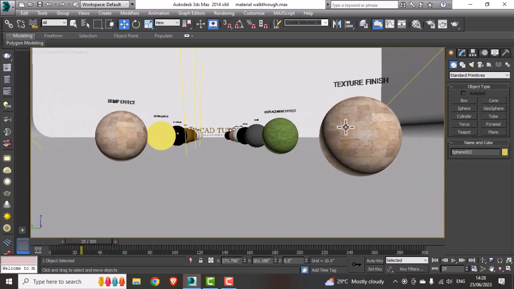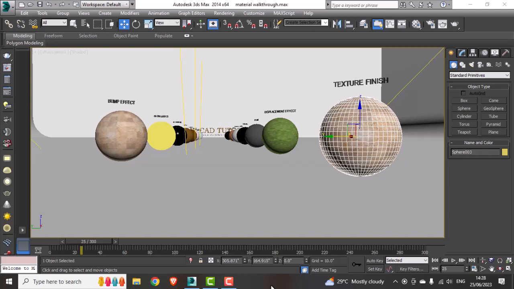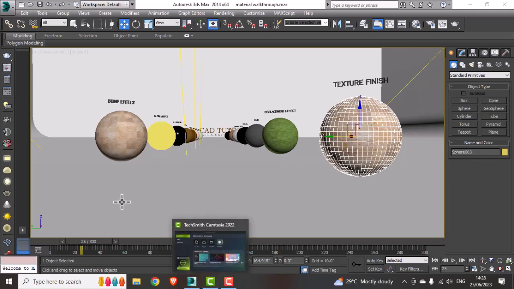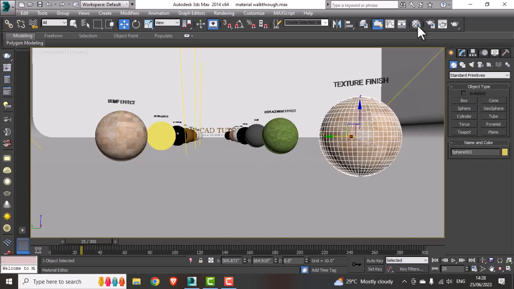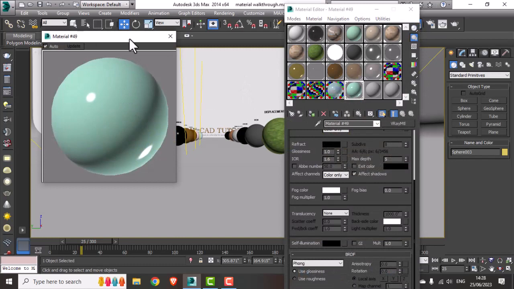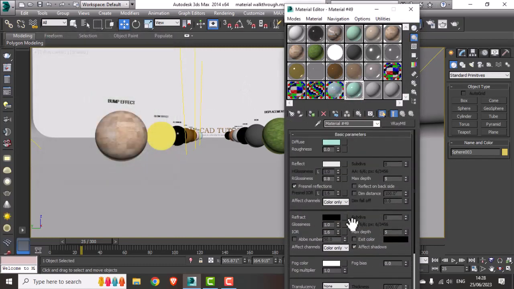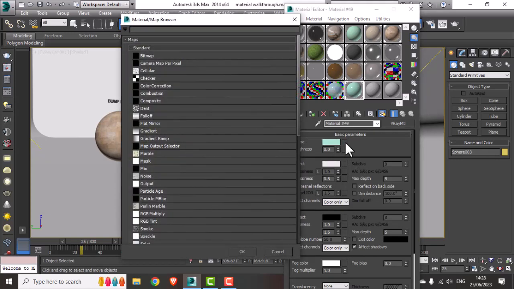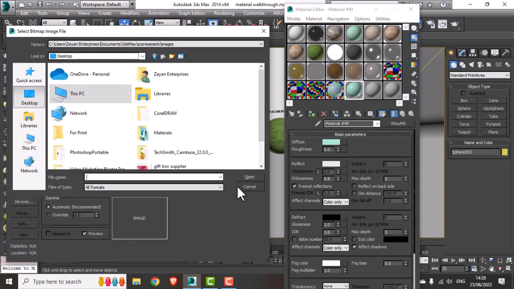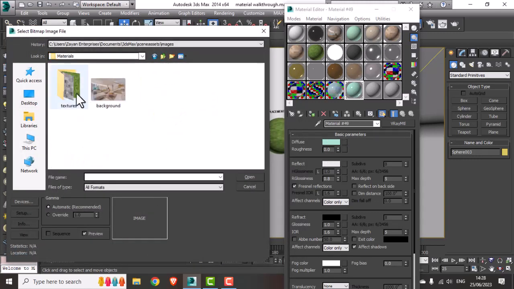The next, texture. What if you want to upload an image or a texture image to your object? It is about assigning a texture into your object. For that, go to the material editor. From diffuse, select the bitmap option using this box. Click on bitmap and upload the material,